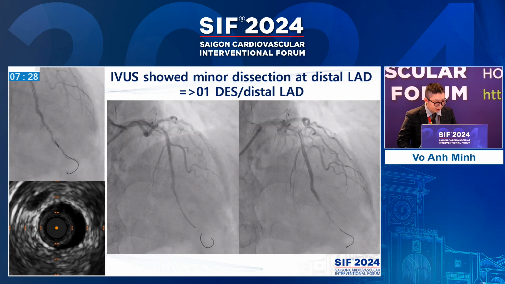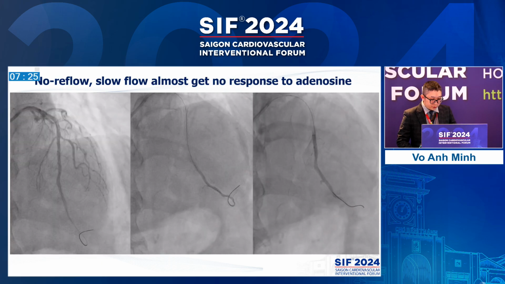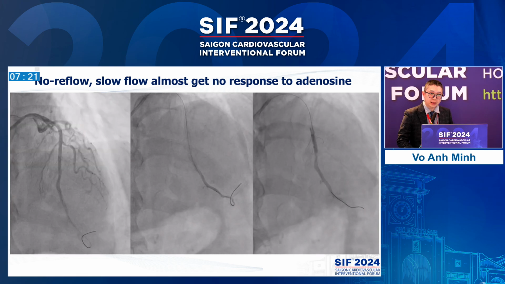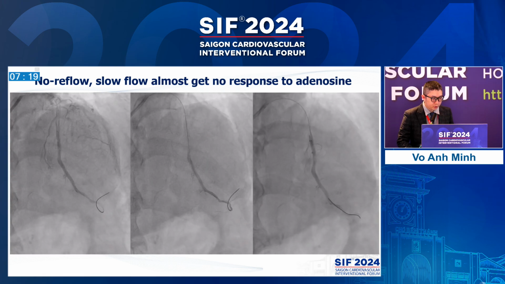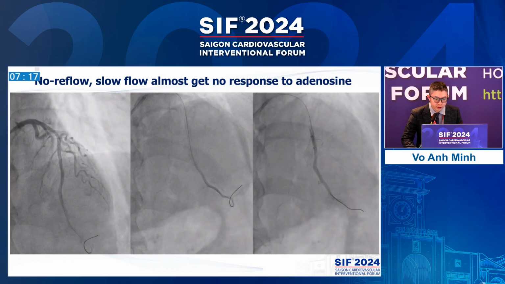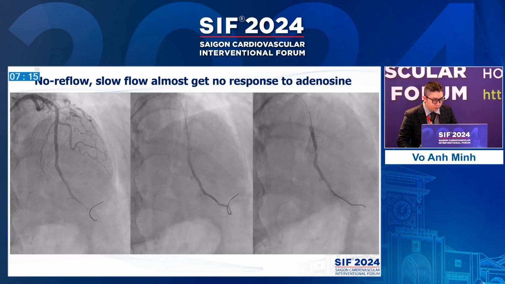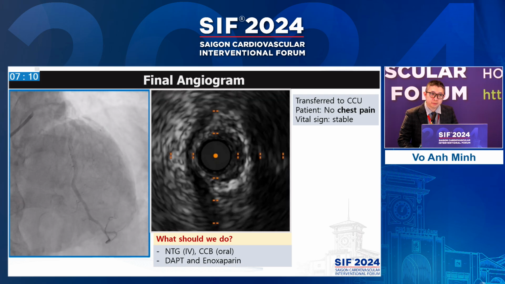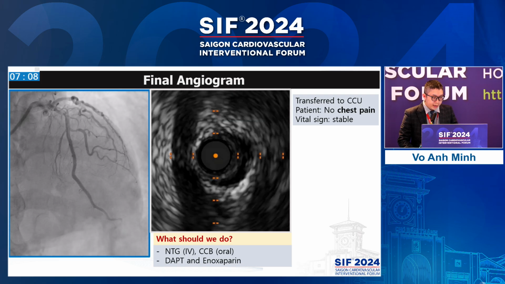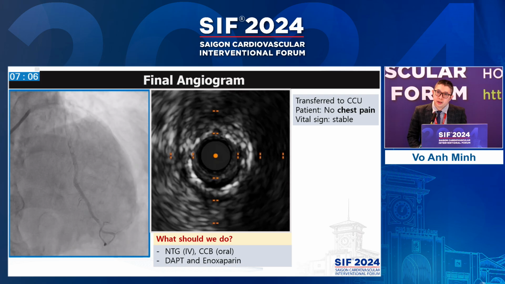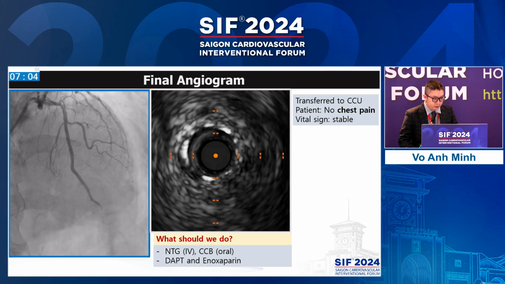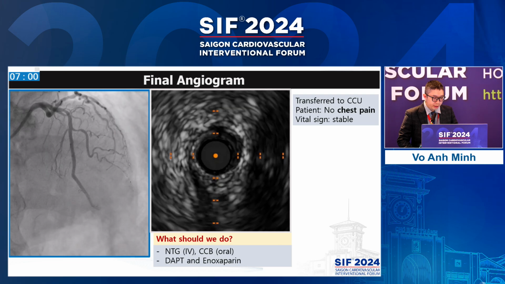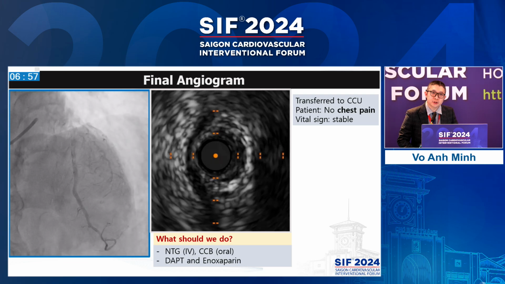It's really trouble at that time. But you see, almost no response to the adenosine. But again, I was confident this patient would respond to the NTG, the nitrate. So I gave intracoronary nitrate. It's good, it got better very quickly. And I planned to infuse NTG and a calcium channel blocker, enoxaparin, something like that, and transfer to the CCU